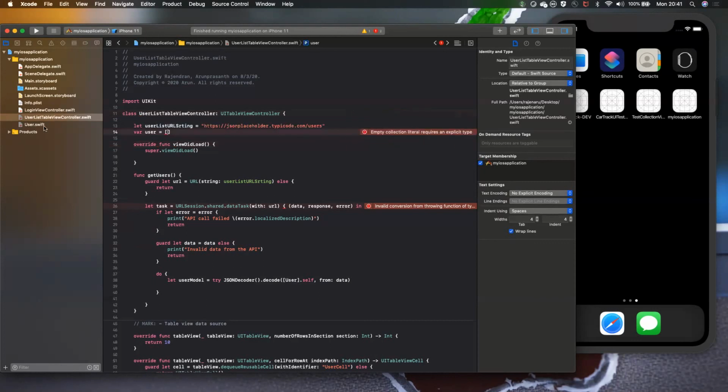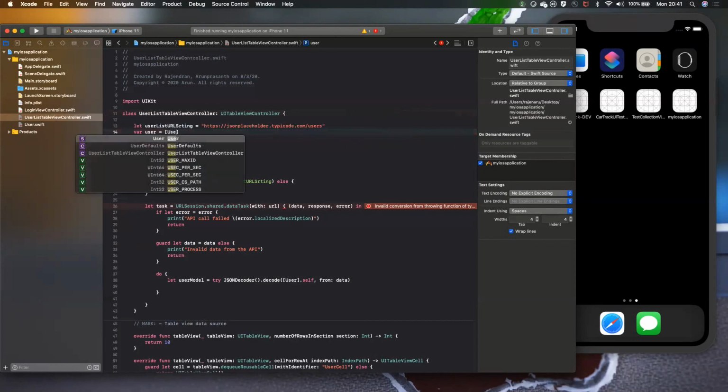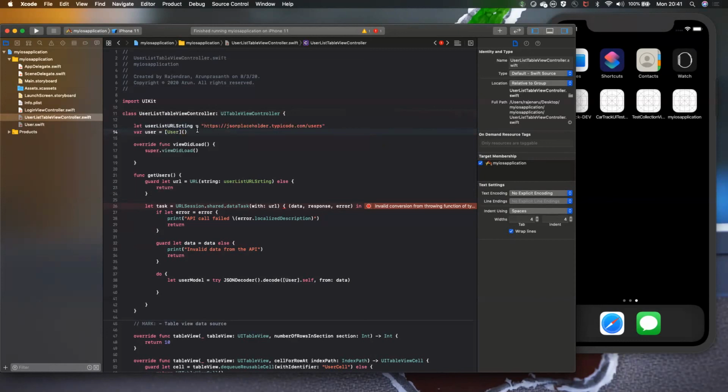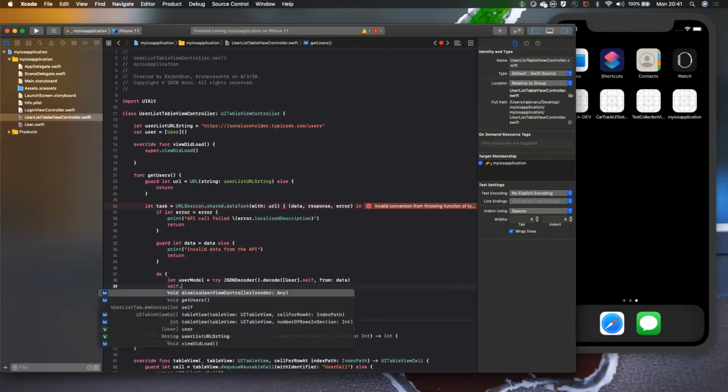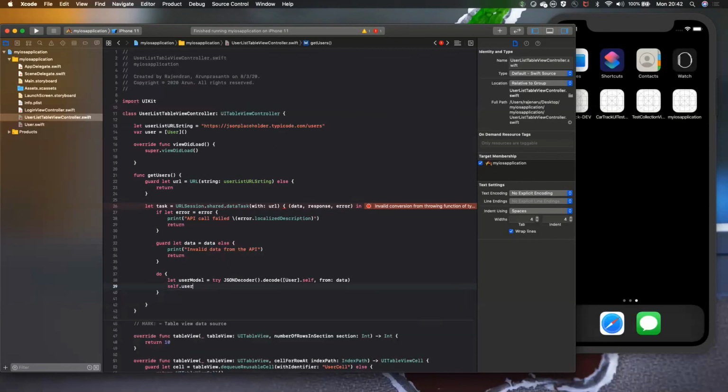So we have a user model, right? So I will just use User. In this, I am just initializing. This bracket means it's an initializer. So we have a user object. So what I will do is self dot user. I will be assigning this user model to the user we created. So the user model will be assigned to the user.